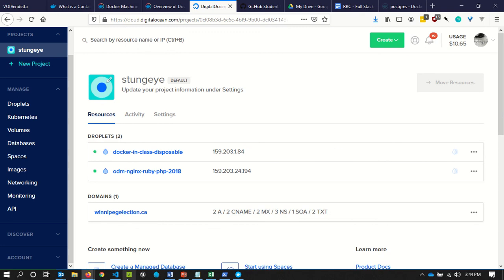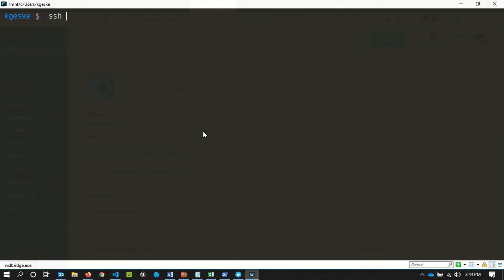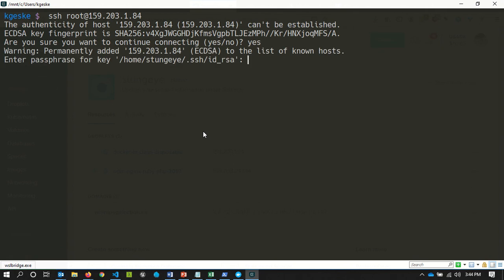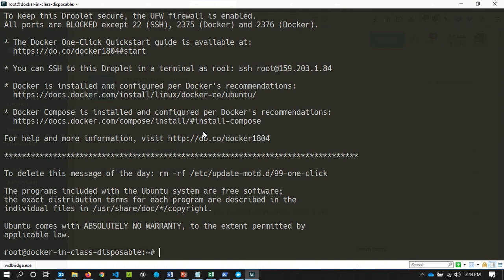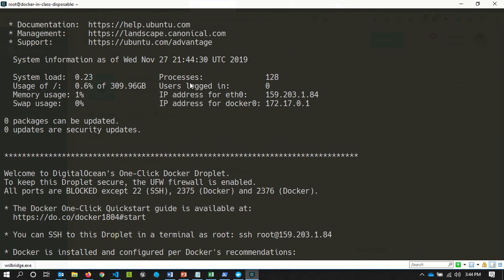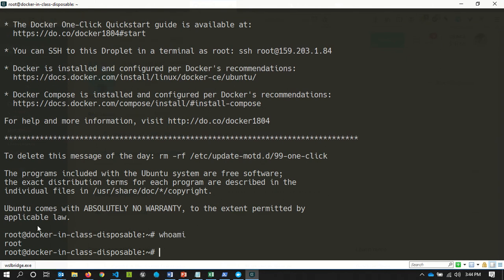I can copy that, and I can go to a WSL prompt, and I can SSH. I want to SSH in as root. And because it put my SSH public key into the droplet, I can just log in. So now I am, who am I? I'm root. I'm root on this box. I can now use